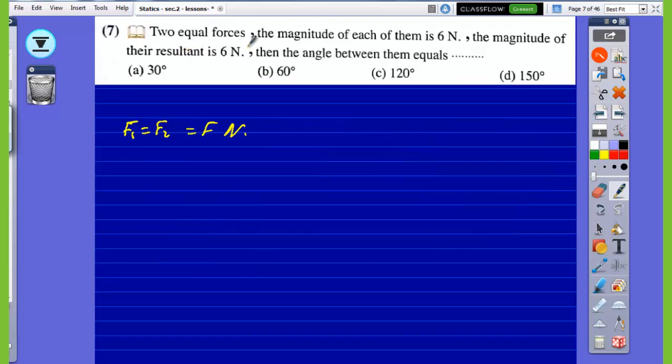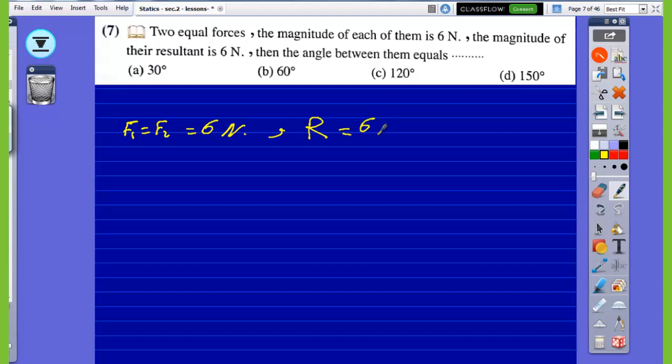Two equal forces, the magnitude of each of them is 6 Newton. So we can write F1 equals F2 equals 6 Newton. The magnitude of the resultant is 6 Newton. Also we have R